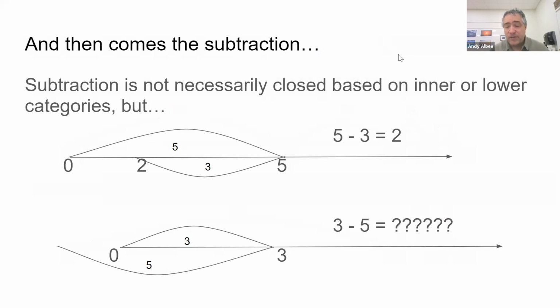The issue is then when we hit subtraction. So the students all will get, and I mean, they learned back in first grade, 5 minus 3. Well, of course, that's just 2. It's going out 5, going backwards 3. I end up at 2. And subtracting a whole number from a whole number gave me a whole number. But if I switch that order, if I don't have 5 minus 3, I got 3 minus 5. All of a sudden now, I don't have a whole number anymore. And mathematics, it's broken. Like we just broke math. It doesn't work anymore. So what the Greeks and the other early civilizations looked at was saying, well, wait a minute,